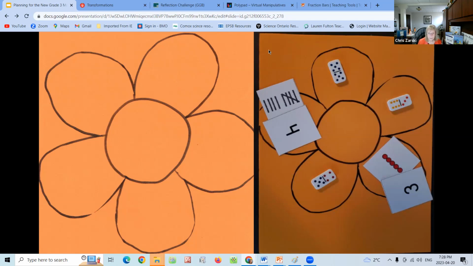But in grade 3, we're not working on addition, we're working on multiplication, right? So if I rolled a 6 and a 4, I would get 24. Can I multiply the 2 sides of any of my cards? And if I get 24 in any one, I get to take that off. The goal is for me to get everything on my petals off before somebody else does on theirs. So that's just a fun way for them to practice their multiplication facts.